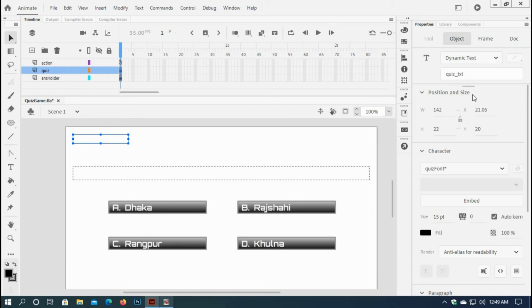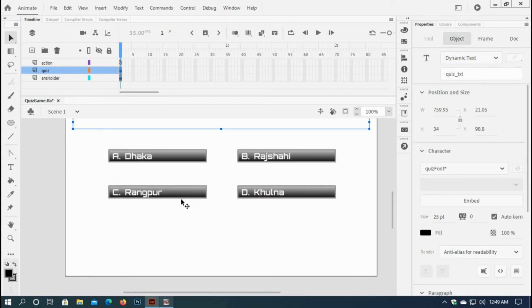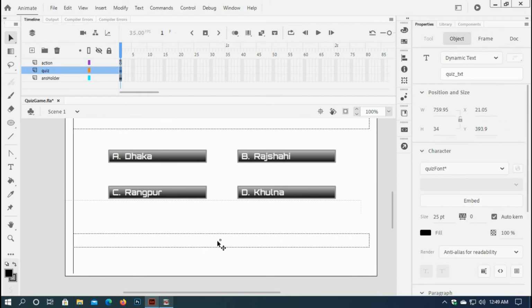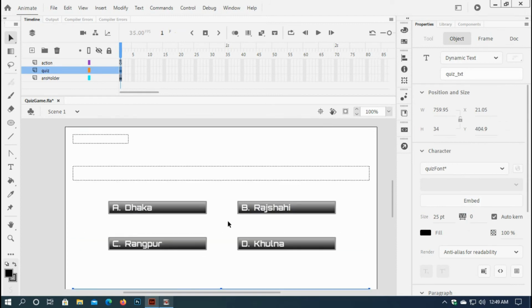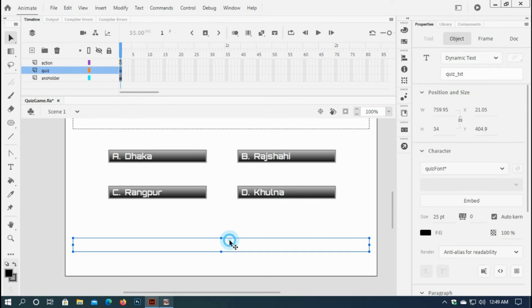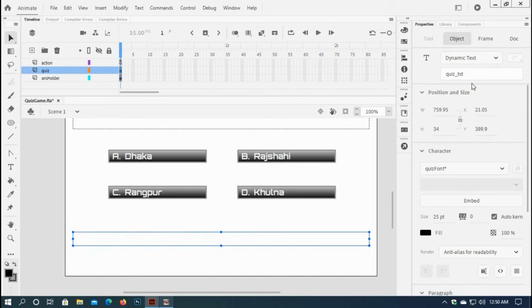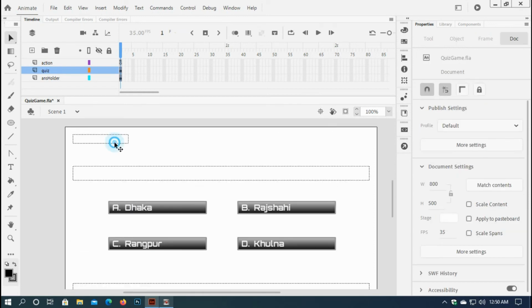Okay, and change the instance name, point underscore txt or game point underscore txt, and copy this one again and paste it here, and change the instance name to status underscore txt,